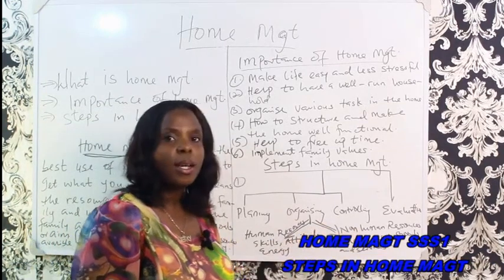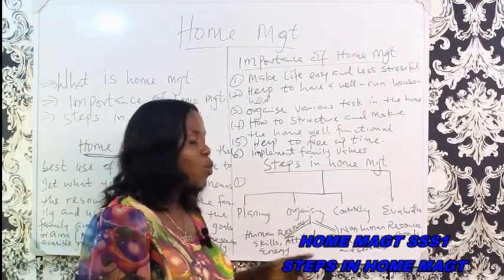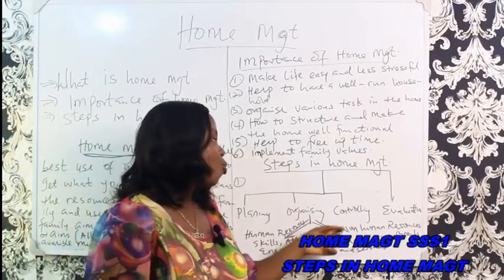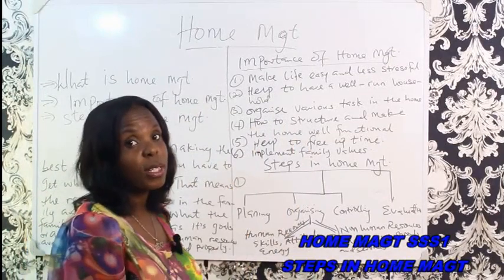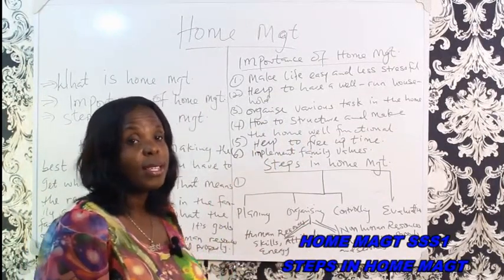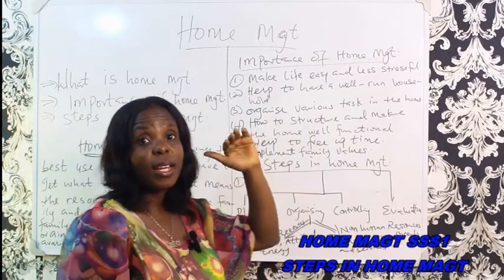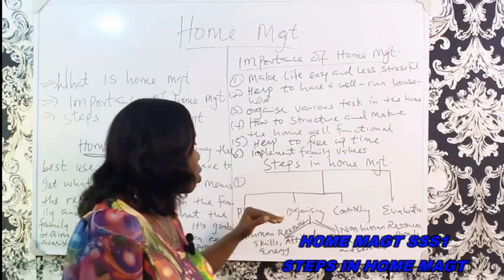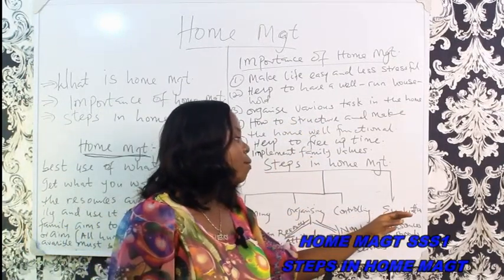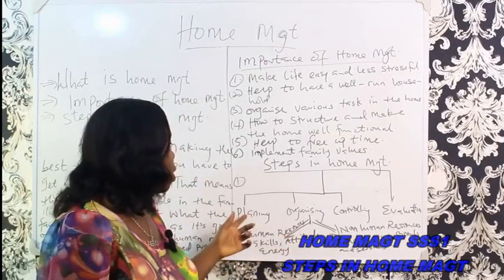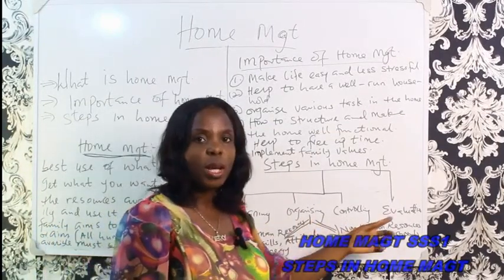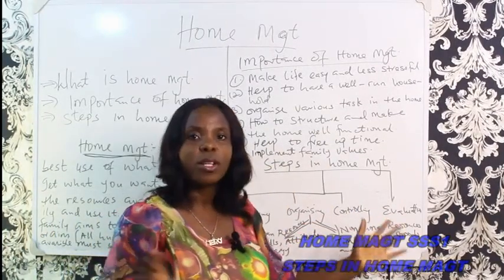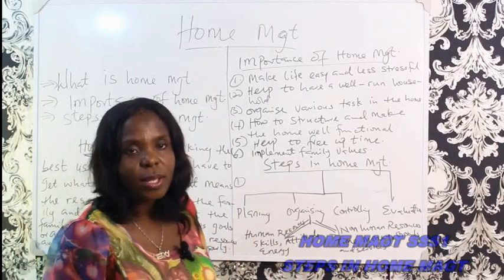Then controlling, make sure the planned objective and the well-organized objective is well supervised. Here you control. That's why the structure is very important. The father, the mother, or whoever it is, the guardians who are the head of affairs, the elderly ones in the family who control the younger ones, they put all of these in place, and then finally they evaluate. You look back to where you have planned, how you have organized, and how you have controlled. Did it work out well? Going back to the 3 processes, if it worked out well, it's well endorsed, and the process is complete.